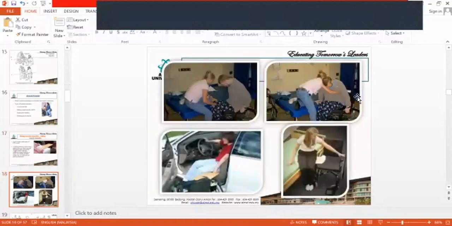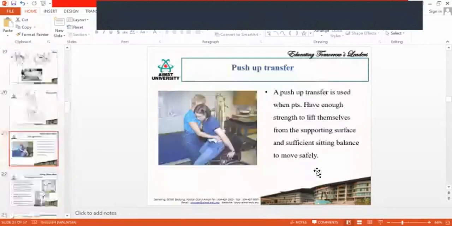So this slider also, initially it will be taught with support. Then slowly they will be doing it without support. So as the patient is becoming more and more independent, these are the things you will do. So first is you will lift the person. Depending on the patient's body weight, you will decide whether it is 1% transfer, 2% transfer, or 3, 4 or 5 like that. Once the person is able to do it a little bit by themselves, then you will introduce some equipment like sliders. Next thing is push-up transfer.